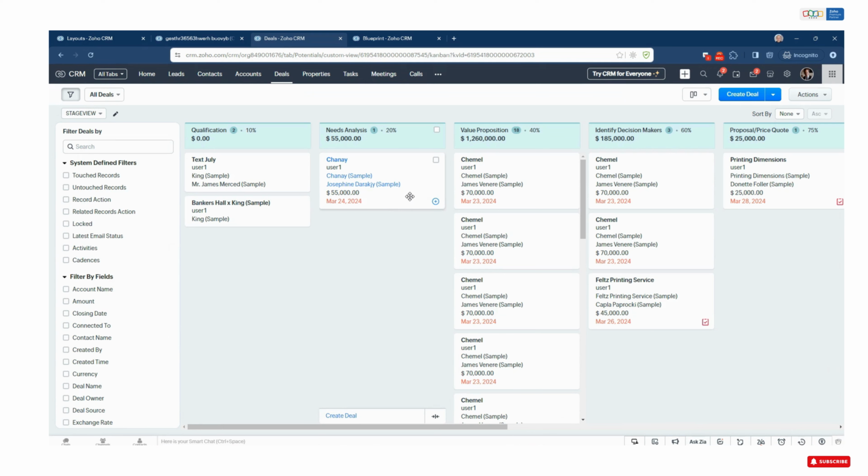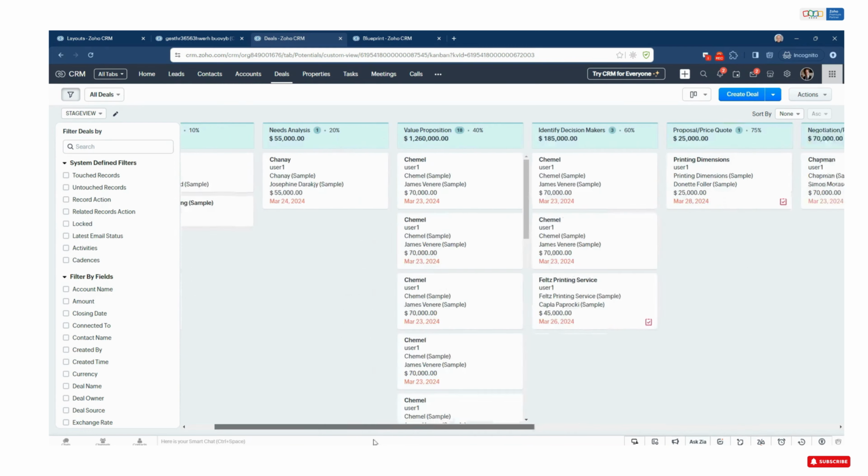There's a couple more uses. With pick lists, you can tie pick lists to other pick lists. So what do I mean by that? So within each stage, I could have a whole process. So for qualification, I have 3 steps. For needs analysis, I have 2 steps. For value proposition, I have 4 steps. And rather than creating an extra long pick list that has all of those substages in it,